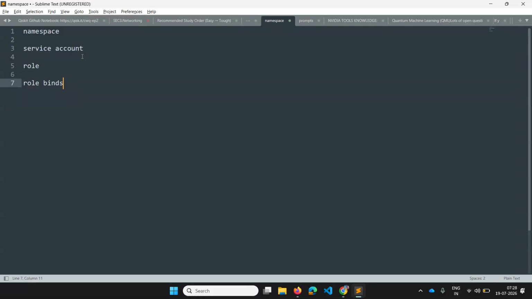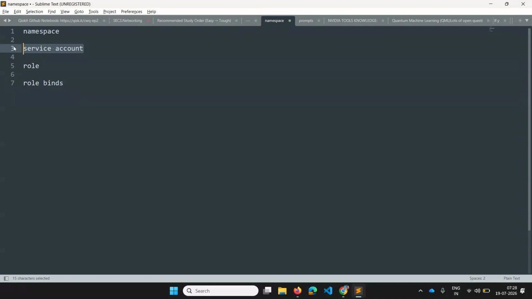That's a namespace. Coming to the service account, for human users we create users to access applications or anything. But service accounts are like identifiers for machines, robots, or automation.